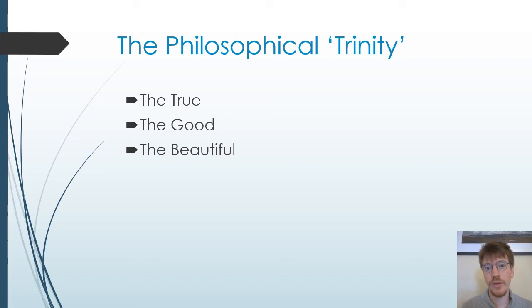Then, third in this trinity is the beautiful, what is pleasurable for us, what is and should be beautiful for us, and how we experience and feel all of this, which therefore makes up an aesthetics arm of philosophy. This trinity is by no means gospel for all philosophies or philosophers, and does not even cover all of the basic subdomains I have just explained. Nevertheless, it does give one at least an initial and easily rememberable notion of some of the most basic and classical general objects of philosophical inquiry, namely what is truth, what is goodness, and what is the beautiful.